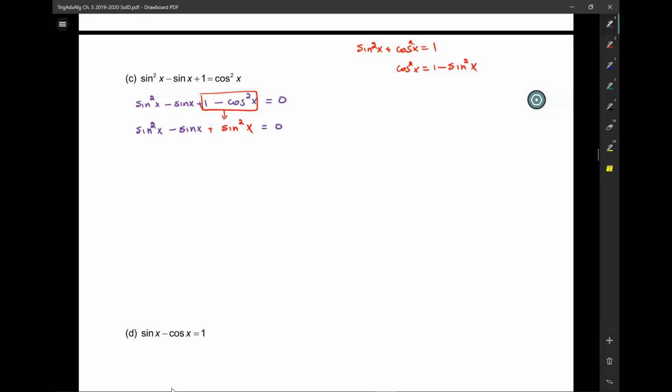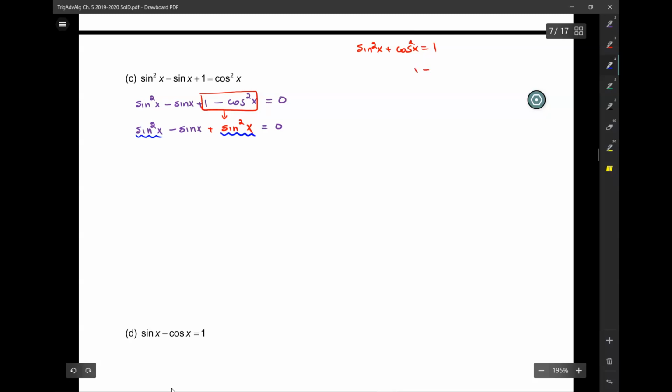Now what do we have? Sine squared x plus another sine squared x is how many sine squared x's together? 2 sine squared x. No. 1 sine squared x plus another. Up there is 1 minus sine squared x. So why would it be? Okay, so